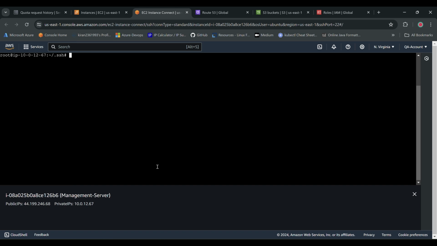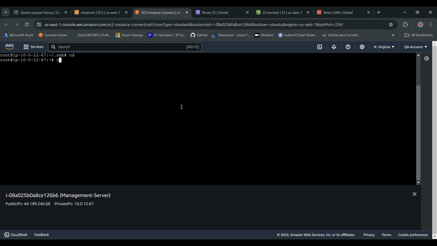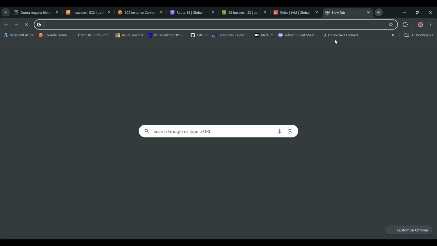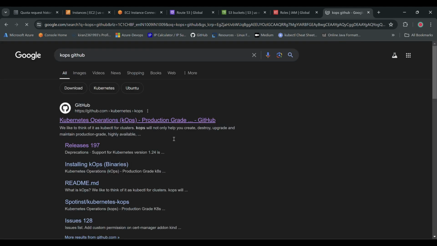Okay, generating SSH keys was also done. And what's the next step here? Download KOPS and kubectl. And okay, so go to cd /usr/local/bin, come back to the browser here, KOPS GitHub,